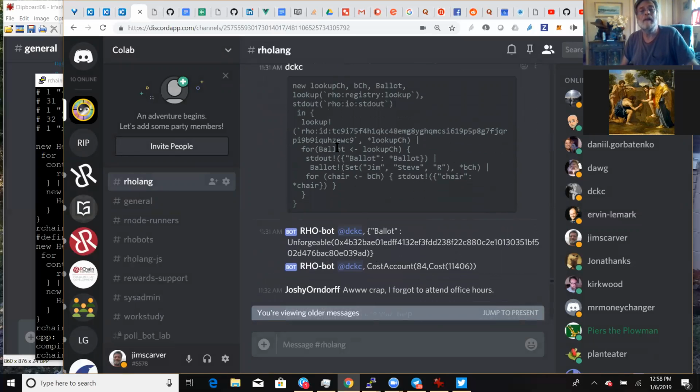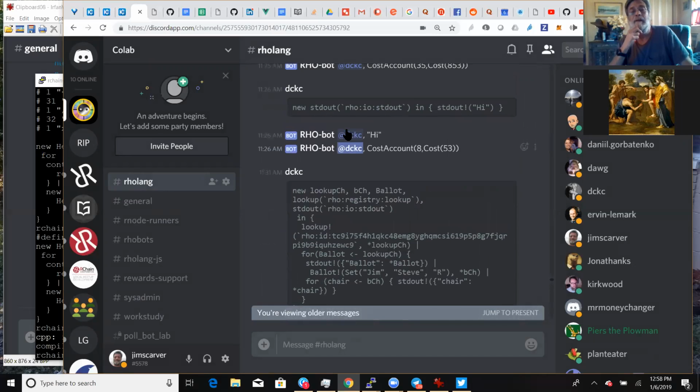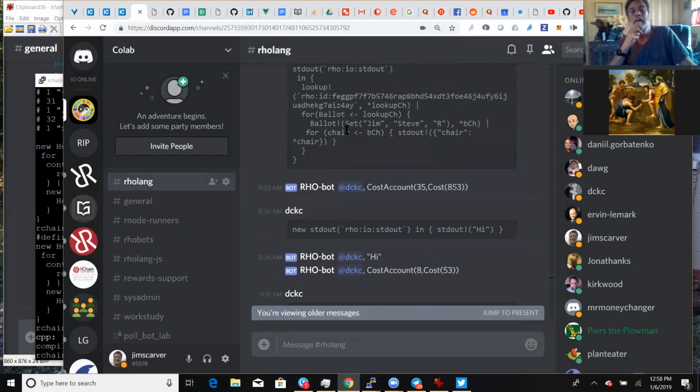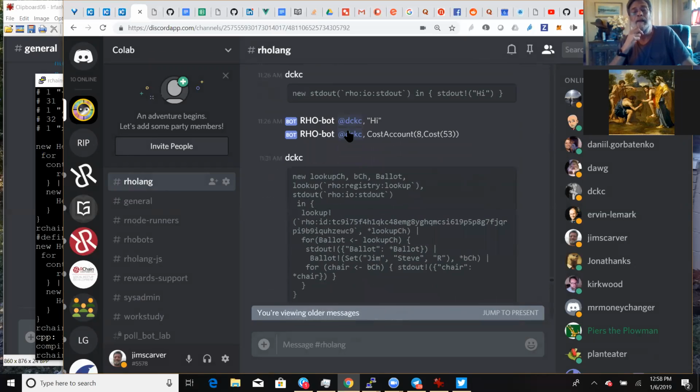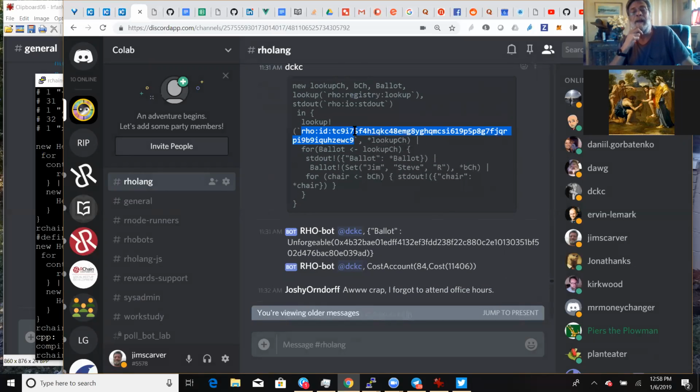Okay, so here he created a ballot. He looked up and found, in any case, we got the URI here of the ballot contract. Okay, we look it up, and then we give a set of the ballot choices,